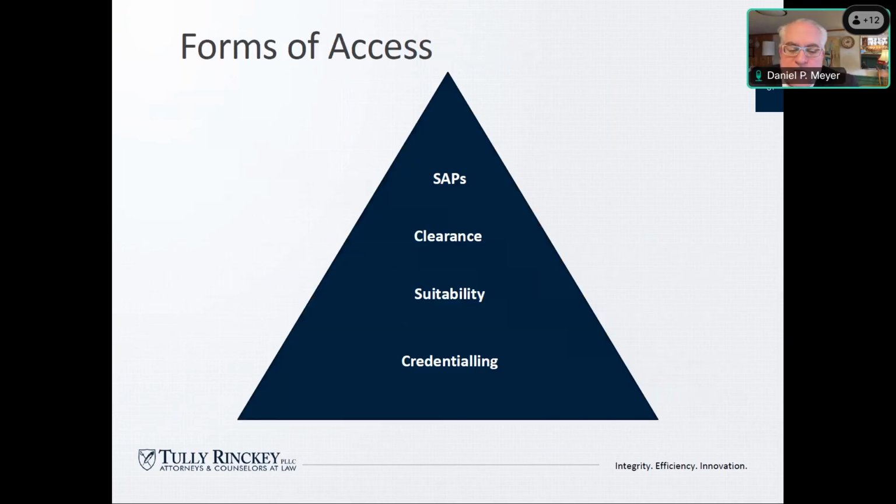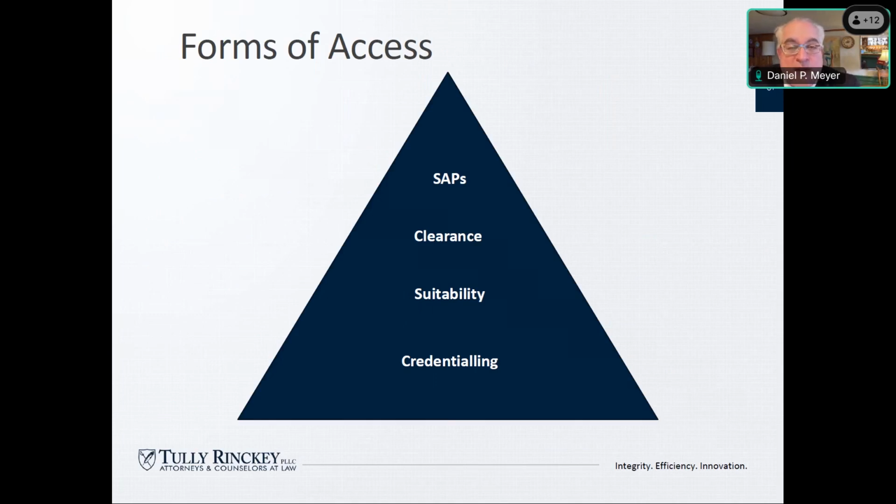Remember also that in the context of a security clearance or adherence to the adjudicative guidelines, there's a pyramid of access in the federal workplace. So everybody requires credentialing if you're going to be in a federal facility. You don't have to be deemed suitable for employment, or you don't have to have a clearance. But if you're on site for some particular reason that's uncleared and not in a contractor status, maybe you're just visiting, you're going to have a credential. And there are standards for credentialing. And sometimes people are denied credentialing, and sometimes it's appealed, and sometimes it's successful.